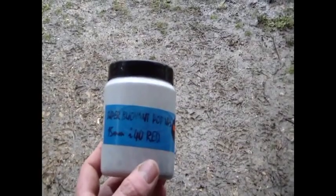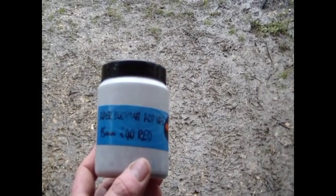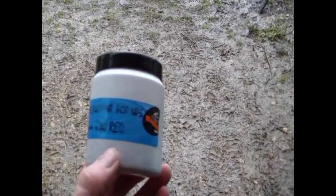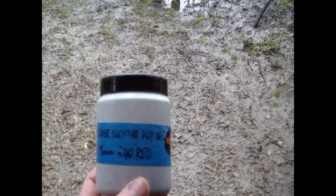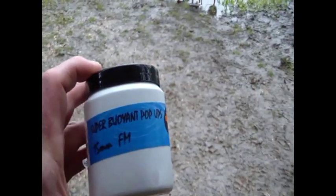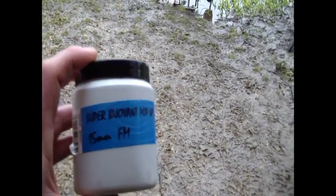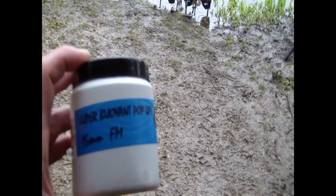Right then, nice one. For an all year round bait, you really won't go far wrong with the Mistral I-40 Red. It's got a proven track record, caught enormous fish in this country and abroad. An absolute winner really. For an out and out spring summer bait, I'm torn at the moment. I'm really pleased with the FMs. Had a few nice fish on them whilst testing them,